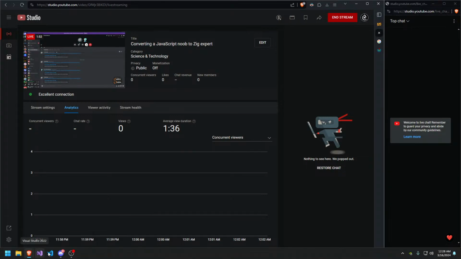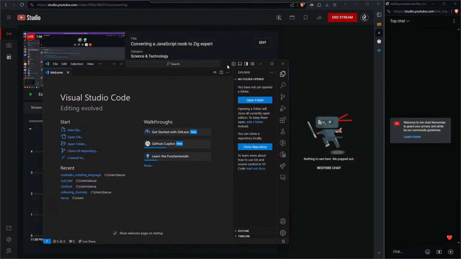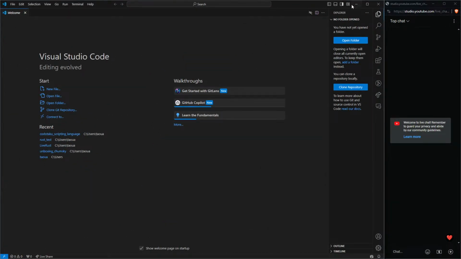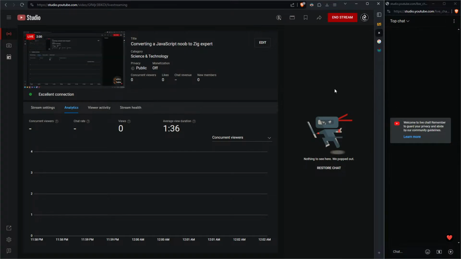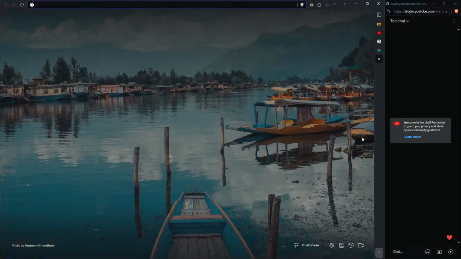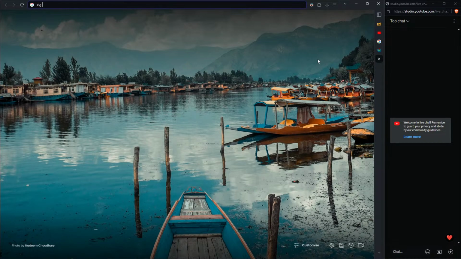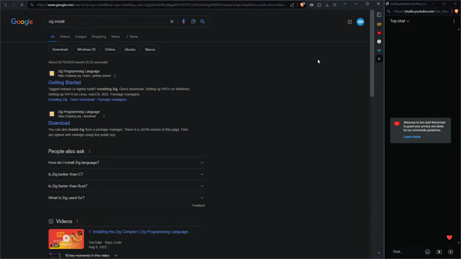Okay, so I think let's start already. Let's see what we got here. We're gonna run Visual Studio Code. So you can watch the stream right now where I'm gonna show everyone how to install Zig, pretty much. So Zig install,